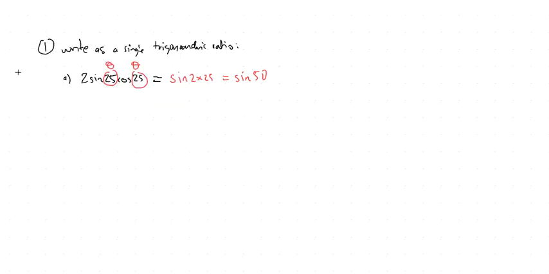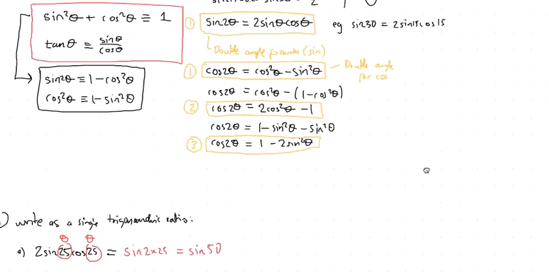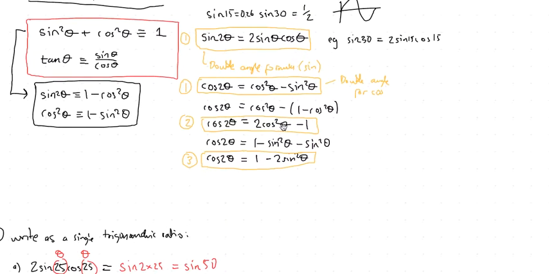Okay, second example, a little bit more complicated. 1 minus 2 cos squared pi over 6. Now, looking up here at our rules, you can see it sort of resembles this one. So how can we make it look like that and therefore get it into a form of a cos 2 theta? Well,